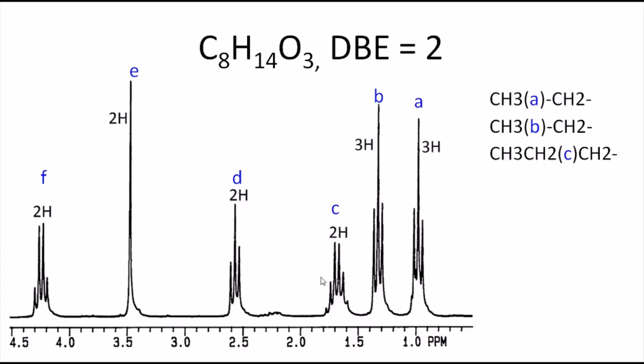Let me take another signal, and that signal is also somewhat closer, around 1.7, somewhat closer to an electronegative group. Another CH2. There is another CH2 with a triplet. That means it is connected to a CH2 group. But if you see the chemical shift value, it is around 2.6. Therefore, it is possibly directly connected to carbonyl. This CH2 is possibly directly connected to carbonyl.